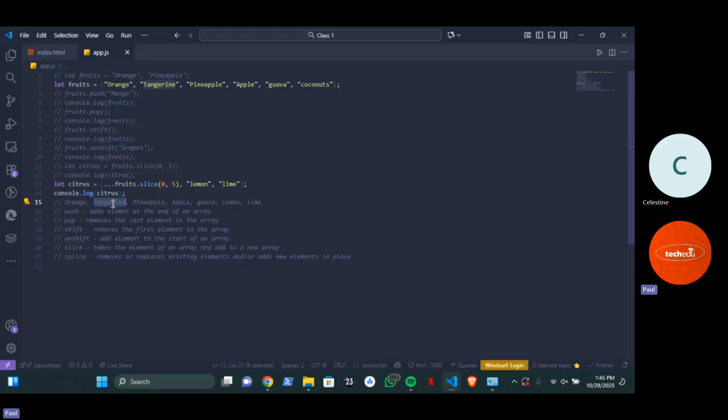How do I also add elements in the second part or in the middle? I use splice. Now that's what splice is. Splice allows you to remove and also add to any part of the array. So how do I do splice? Very easy. I can come here and I can say,